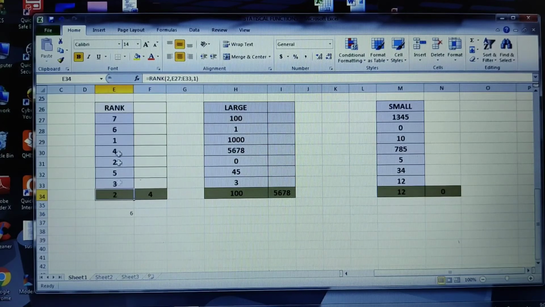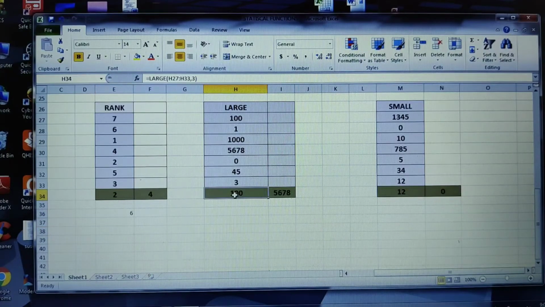When you look at here, I want the second rank within this particular range, but here I took it as ascending order. Likewise, in ascending order, the second will be the second rank. That is what I have received here as 2. Similarly, in another formula, I want the fourth rank, but in descending order. Fourth rank means definitely I'll be getting the answer as 4 here. I hope you are understanding the difference. So for ascending order, it takes the order value as 1, and for descending it takes the order value as 0. Now moving on to the large here.